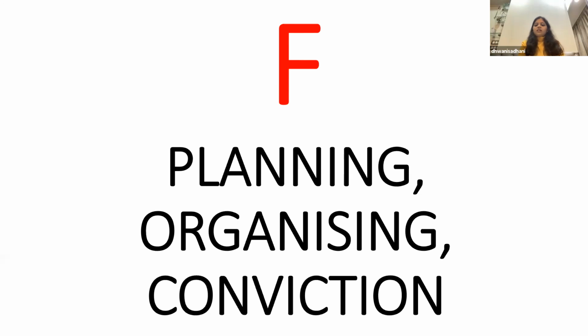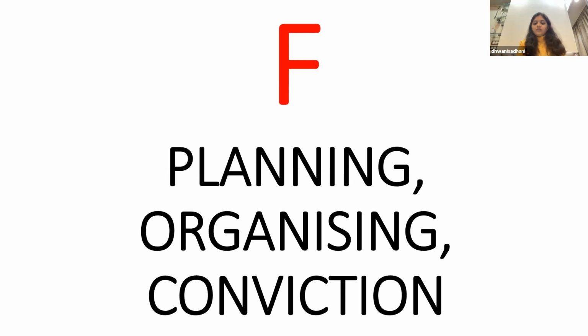Now in F, this is a capital F, but normally when we do a small f, we all know that the above part is for planning, the middle part will be for coordination, and the down part is going to be for execution. I'm repeating myself. If you have a small f, the above part is for planning, the middle part is for coordination, and the down part is for execution. So your F will show how you plan, how you coordinate, and how you execute things.